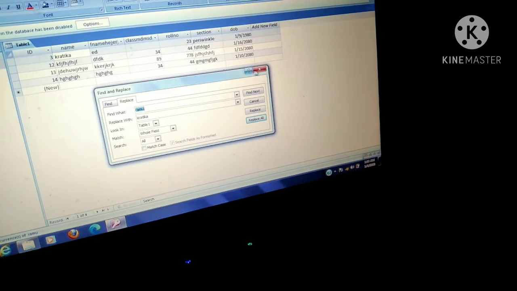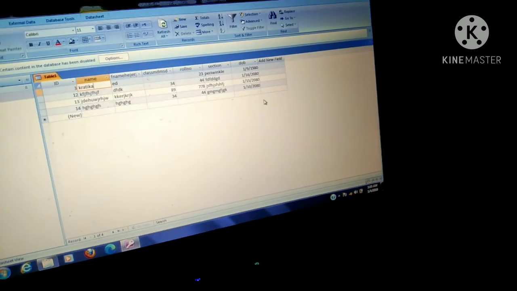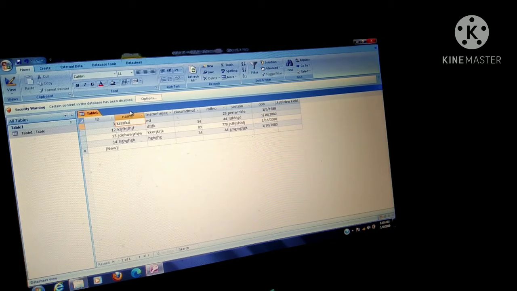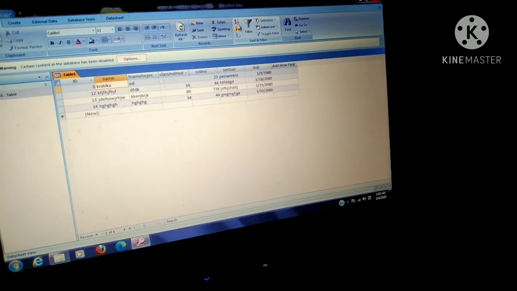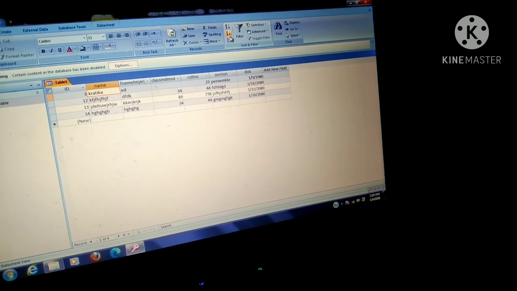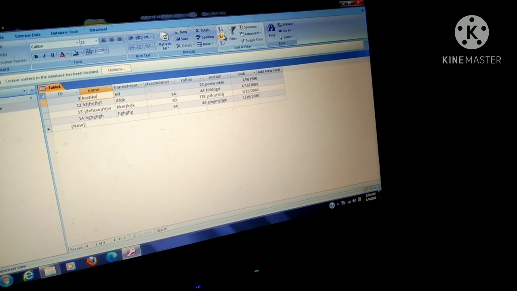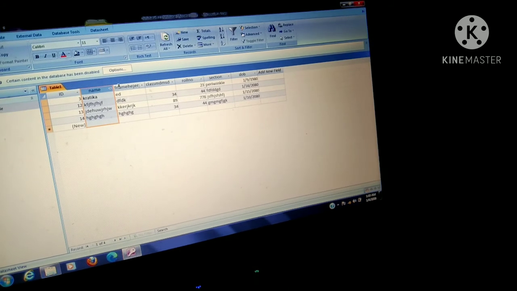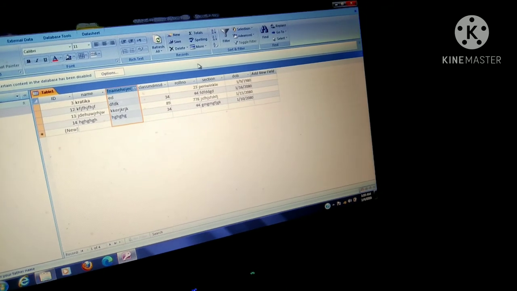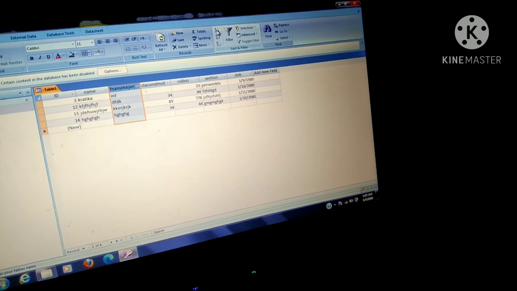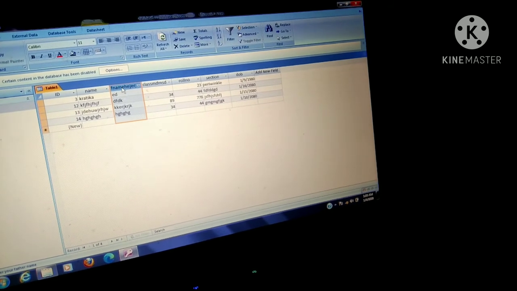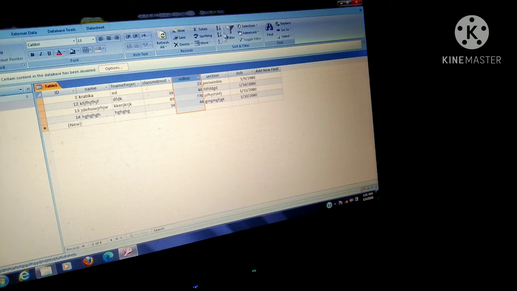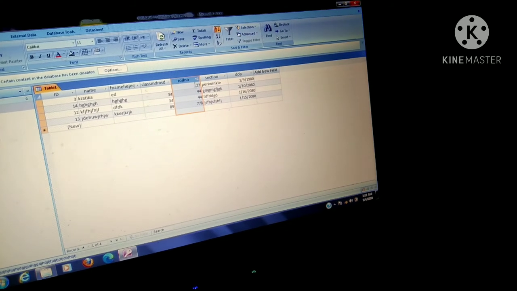And children, the next topic is sorting a record. If you want to do sorting, meaning arrangement, if you want to arrange them, then click on the Home tab, and here is the Sort and Filter group, and here are the two options, A to Z sorting or Z to A sorting. Filter will show us that specific record which we need. I am selecting A to Z. First you have to select the field name. I am selecting Name, or any field you will select. I am selecting Father Name. Here I am selecting the Sort option A to Z. First select the field name and then select your sort option. Roll number, and then select the sort option. It will sort according to this.